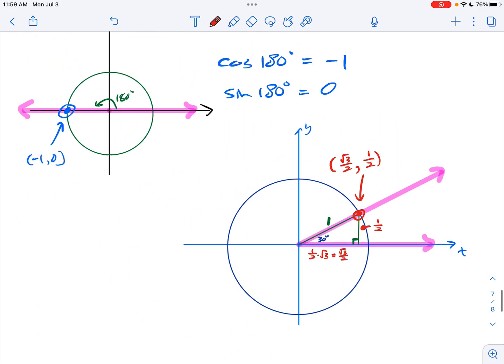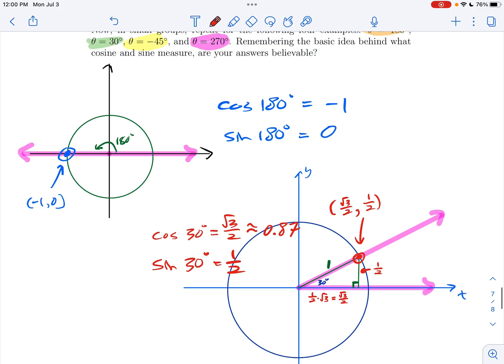So what we can say in this example is that cosine of 30 degrees is √3/2. That's approximately 0.87. We've seen that number before. Almost to the right. Not perfectly to the right, but it's very close. Almost perfectly to the right. The cosine value is very close. Medium, pointing up at all. Our next example is